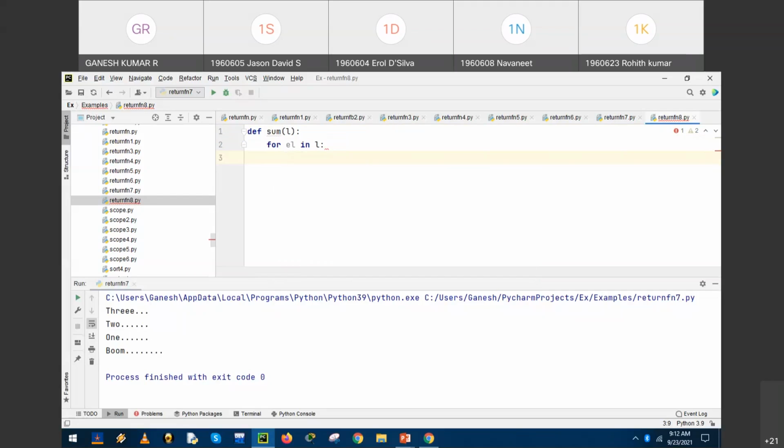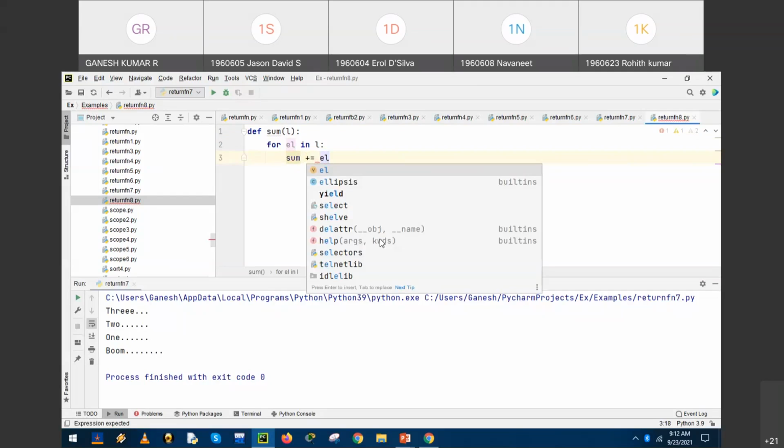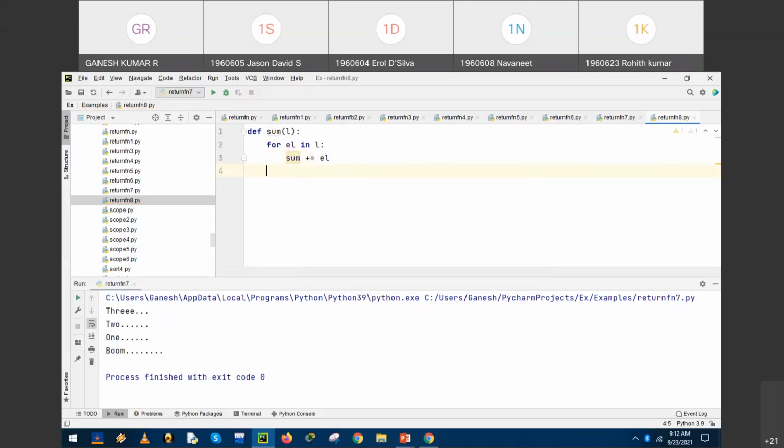Okay, so here sum is equal to sum plus ELE, which is by using the shortcut operator. Return sum. Okay, it is done.